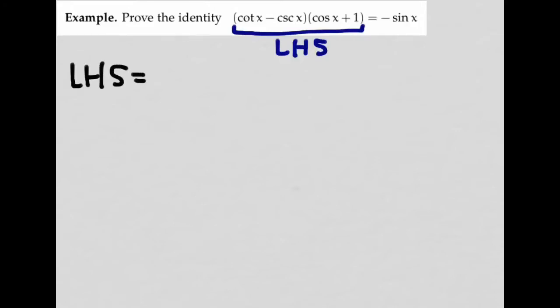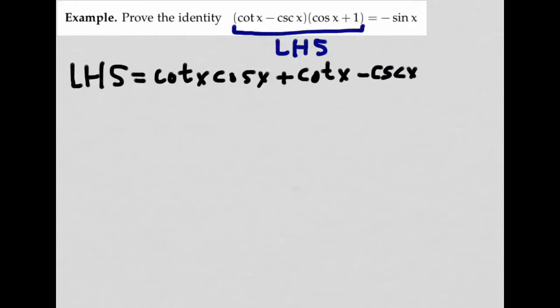So to start, I'm going to start with the left-hand side of the equation. I'm going to abbreviate that with LHS. This is the left-hand side of the identity we want to prove. And I'm going to expand that. So left-hand side is equal to cotan x times cosine x plus cotan x times 1, that's cotan x, minus cosecant x times cosine x